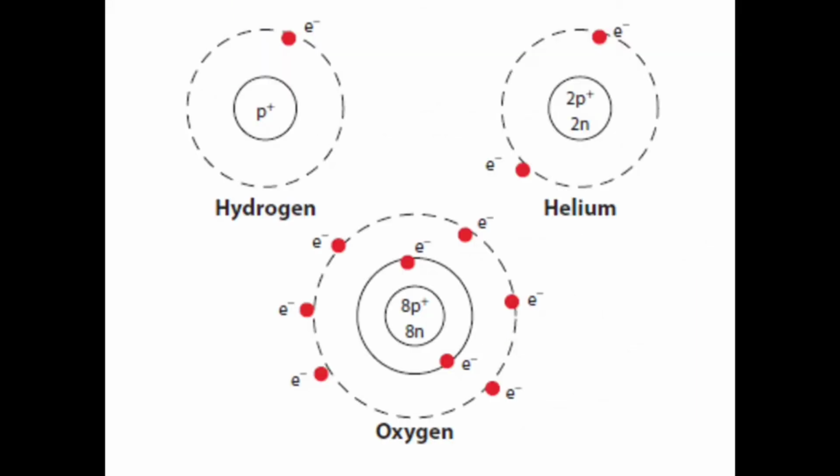See the pictures. The nucleus of the hydrogen atom has one proton around which revolves one electron. It means its atomic number is 1. See the next, helium atom. There are 2 protons in the nucleus and 2 electrons revolving in the orbit. So the atomic number of helium is 2. Can you find the atomic number of oxygen? Yes, it's 8.